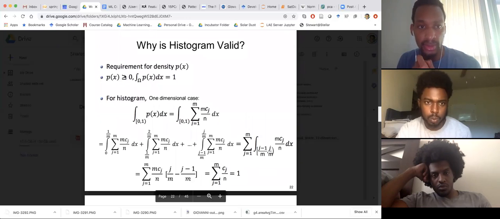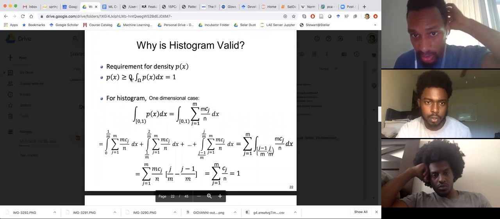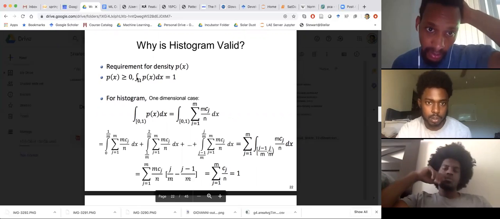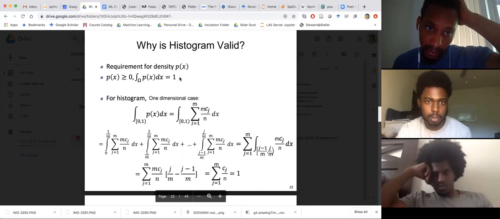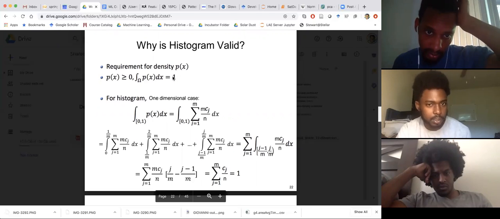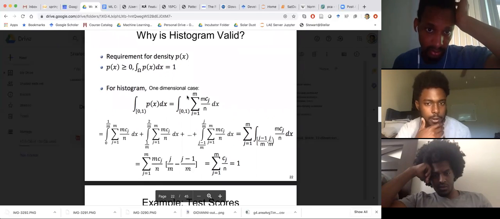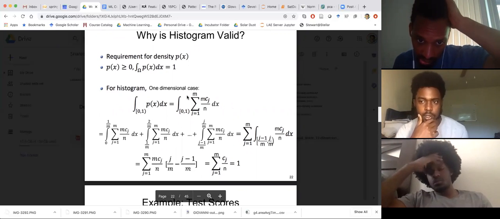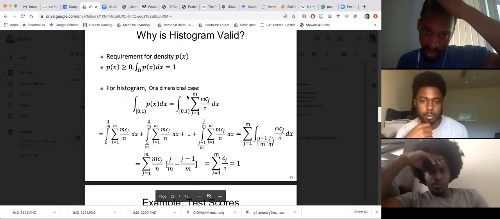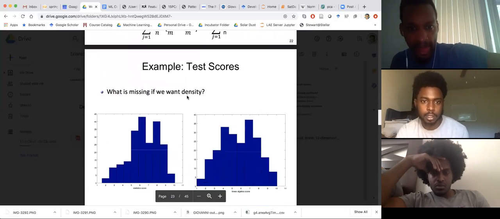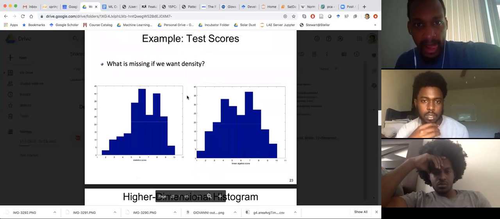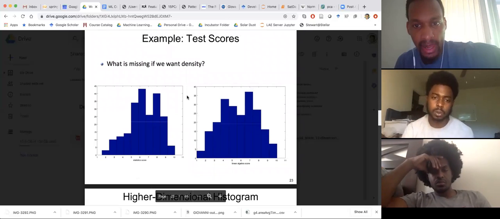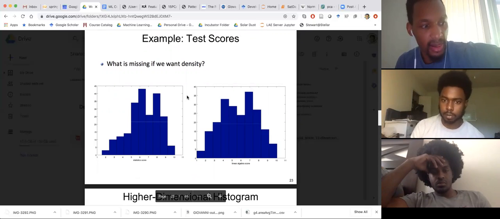Right. So it should be greater than or equal to 0. And when you sum up the probability densities, the density P of X, you should get 1. I guess this is the mathematical proof that that's the case. Do y'all mind if we skip that? Okay. But that's cool if you want really discrete stuff, but what if you want